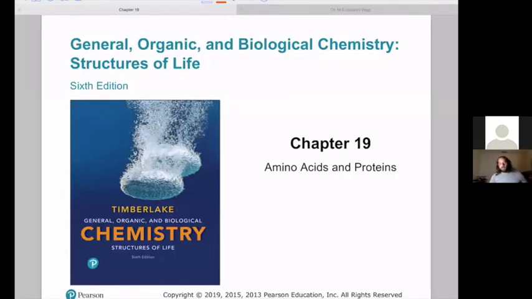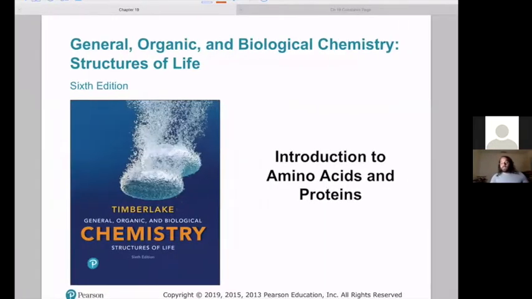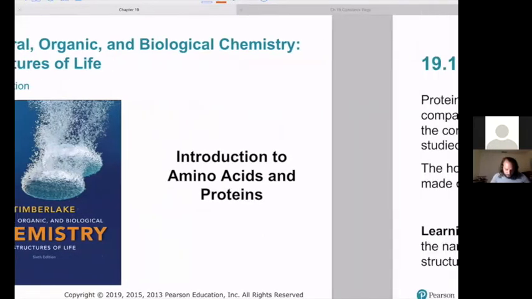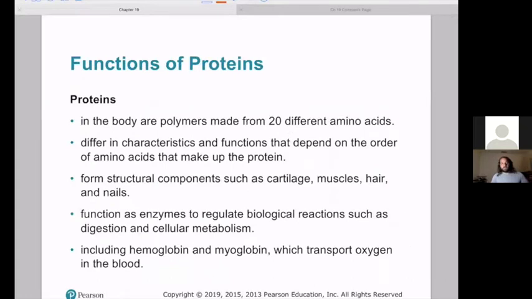All right, so now we're going to switch to what's my favorite topic in biochemistry, which is amino acids and proteins. First, we're going to just start by introducing them and then introducing the various kinds of classifications of proteins. Start by just introducing amino acids here. First, just a little bit of background. Basically, what we're building up to is this idea of proteins.